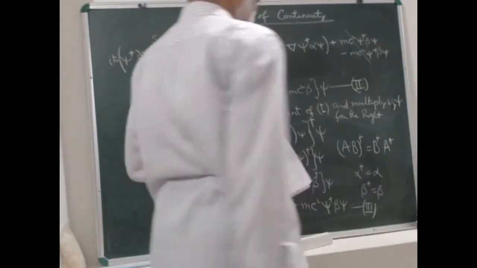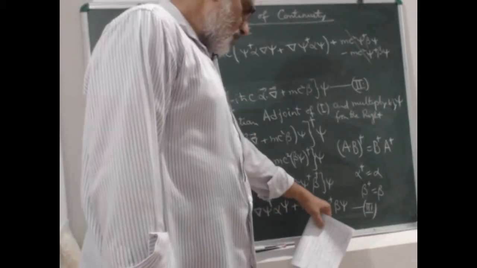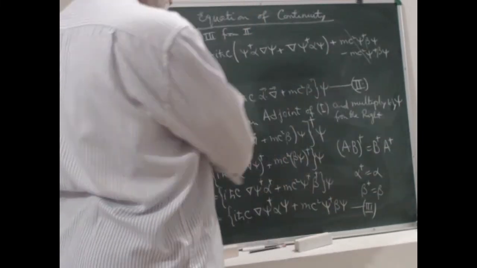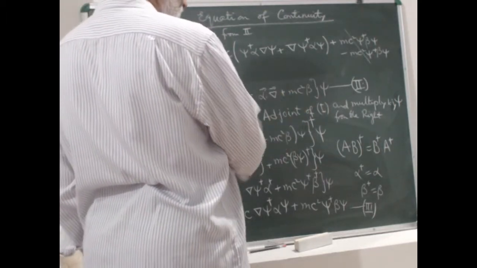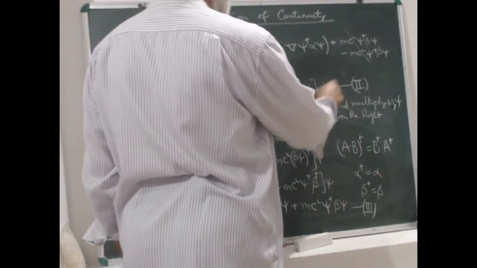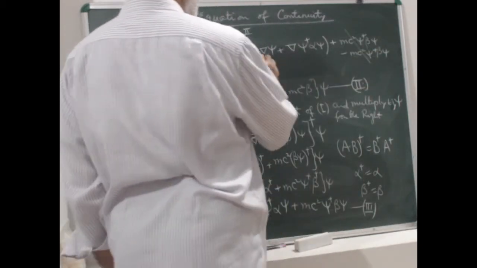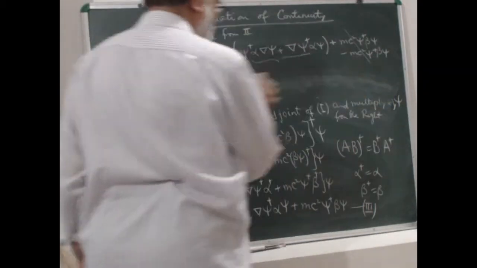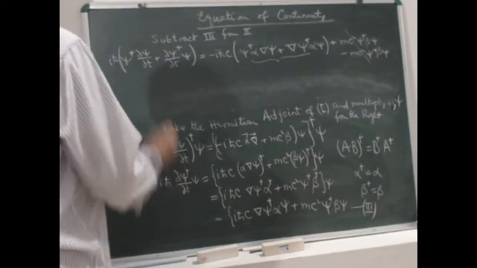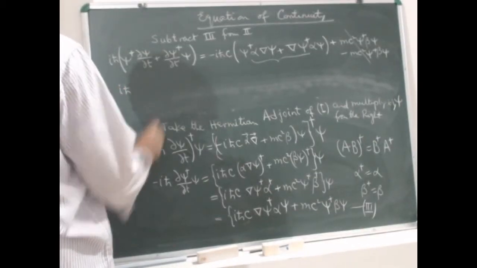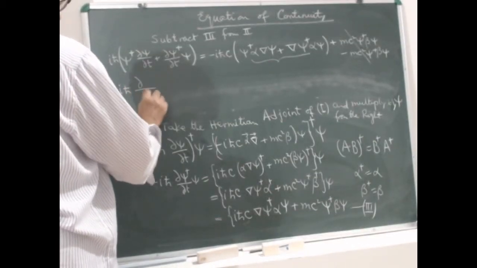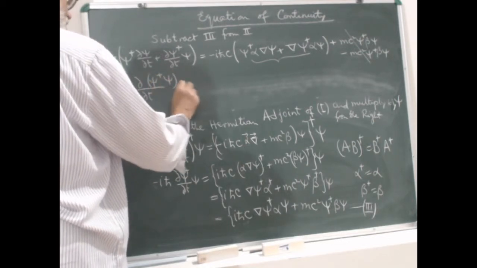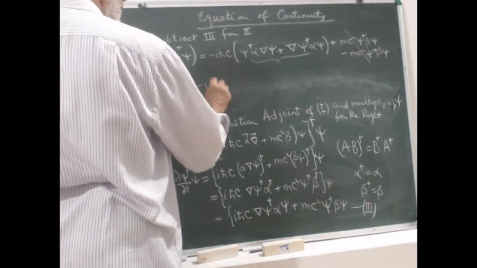So this will cancel out. Here it's mc square psi adjoint beta psi, and here also this is mc square psi dagger beta psi. So this term cancels out. We are left with this term only. And the left hand side, this can be written as, and on the right hand side we have i h cross c